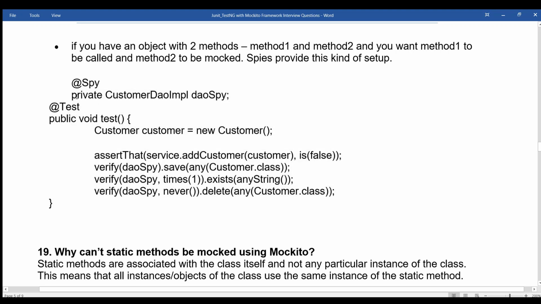@Spy private CustomerDao daoSpy. @Test public void test() { Customer customer = new Customer(); assertThat(service.addCustomer(customer), is(false)); verify(daoSpy).save(any(Customer.class)); verify(daoSpy, times(1)).exists(anyString()); verify(daoSpy, never()).delete(any(Customer.class)); }